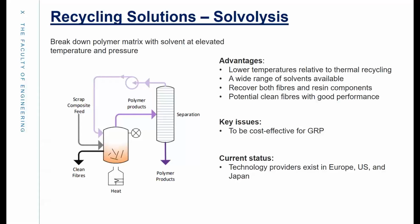The advantage for this process is it requires relatively low temperature compared to processes like using thermal heat. It has a wider range of solvents available for dealing with various different types of materials. So both organic and inorganic solvents have been explored in the literature. As I said, this process is able to recover both fibers and resin chemical components, which can be very valuable material for use as a chemical feedstock